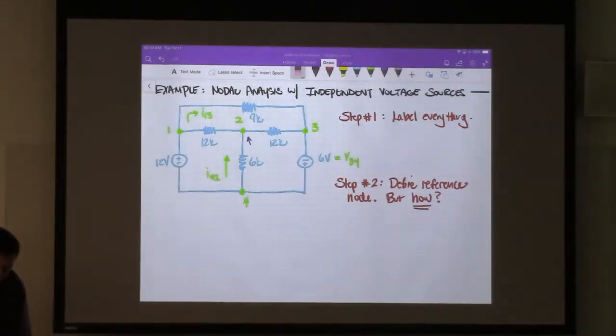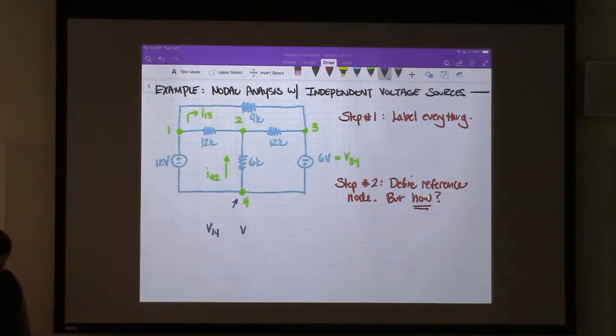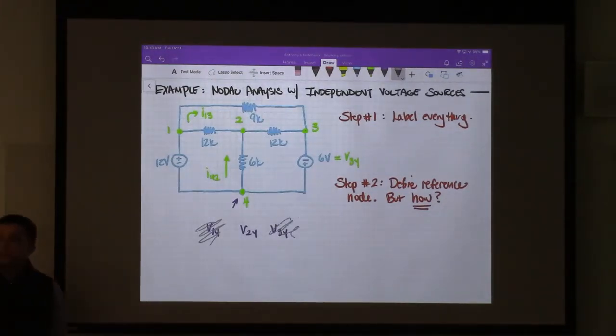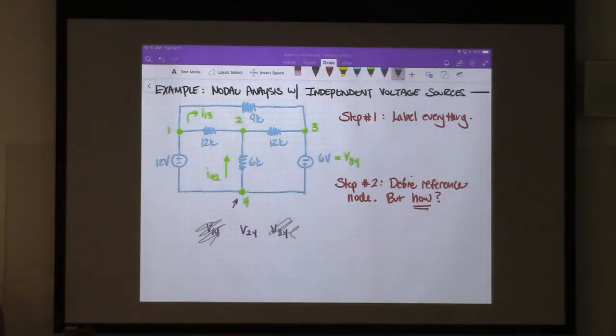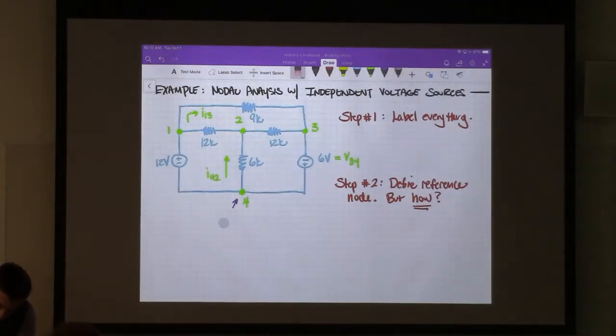So now if I pick this as the reference node, you notice that our voltages will be V14, V24, and V34. And this is known right off the bat, because there is a voltage source between 1 and 4, and there's a voltage source between 3 and 4. So when we ask ourselves how